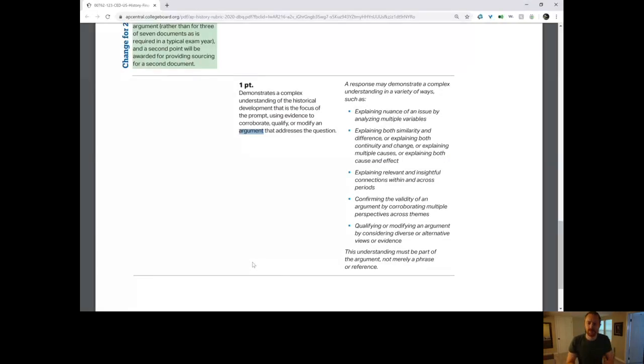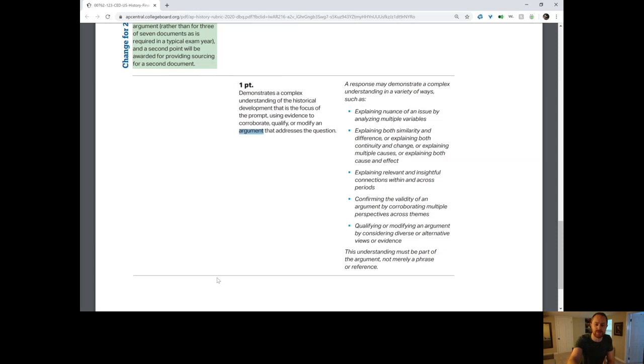They had paragraph, attempt 1, attempt 2, attempt 3, and they just tried again and again because they had enough time to do it. I don't know how much time you're going to have, but if I was going to pick one of those 5 methods to get it, I would probably pick either the theme one, where you're looking at perspectives across those historical themes, the PIECES themes for world students. Or I would do the last one, which is qualifying or modifying an argument by considering diverse or alternative views